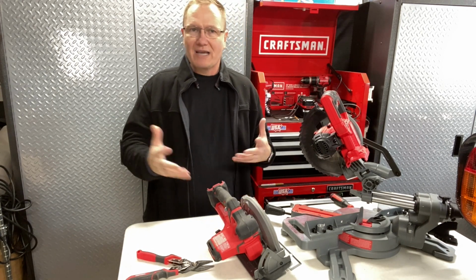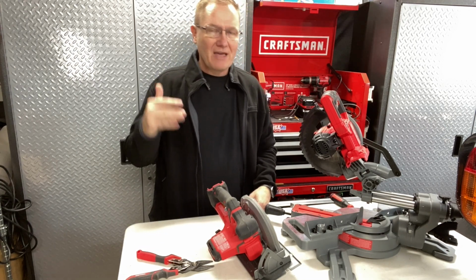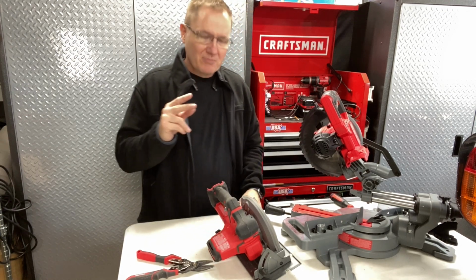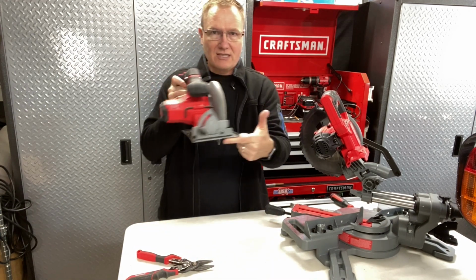When they did the survey and asked people what kind of tools they were using, Craftsman was up towards the top because of the name and having a history with a lot of people. Two of the most common tools used were a circular saw, just a standard circular saw,